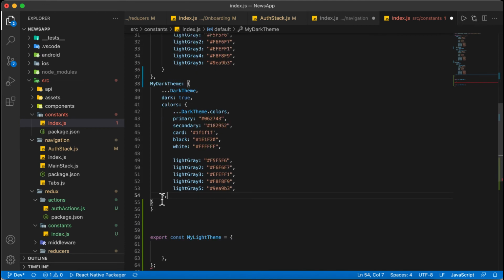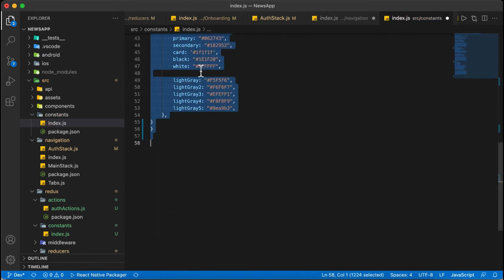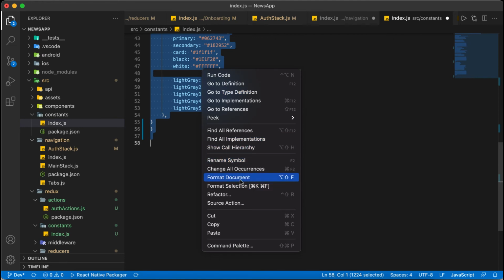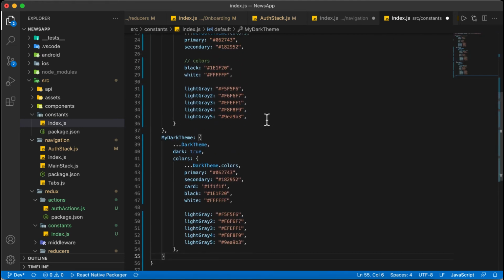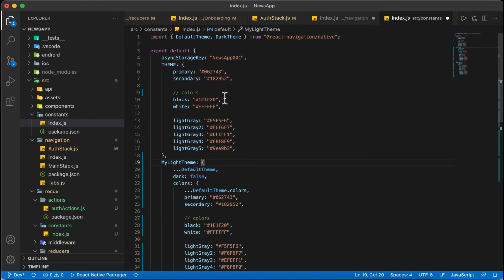Fine. Then I will remove these things. We need to put all the things inside the default. So this is the dark theme properties and this is the light theme properties. We will get them inside the default.